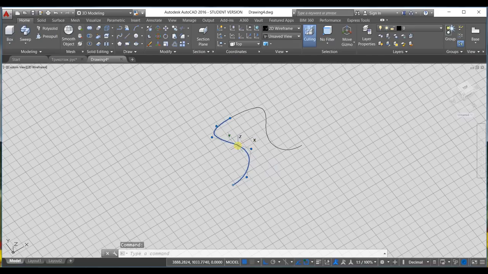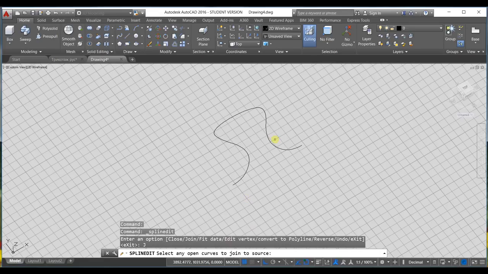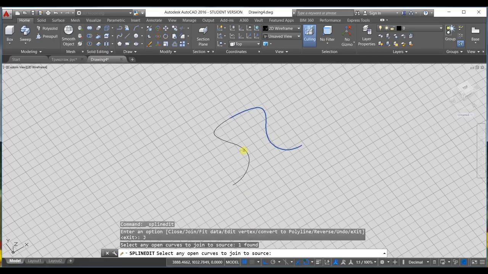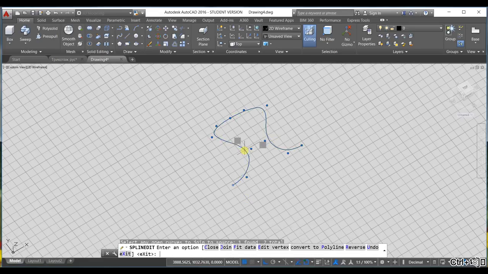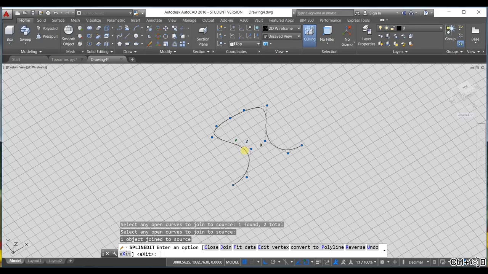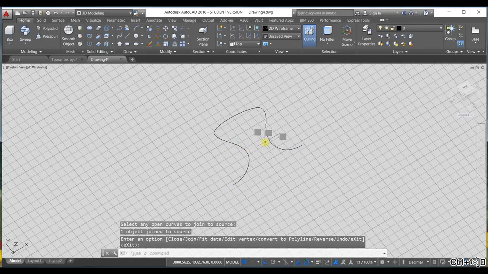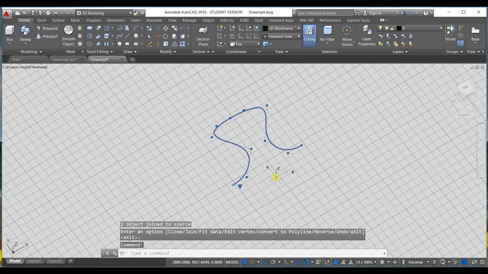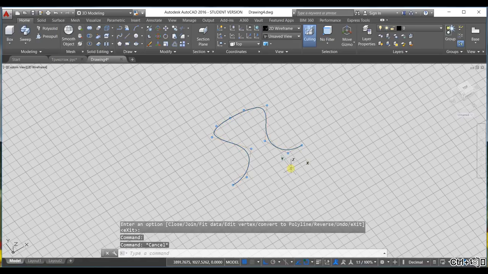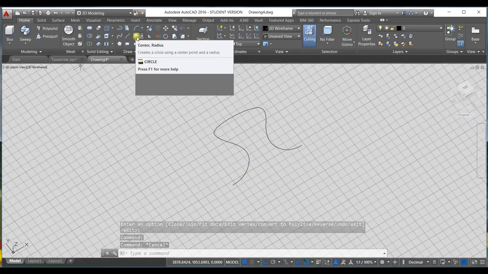I make a double click on the spline and I choose the join option, and I show the second part of our loop. Well, now it's joined together like this, and I click the circle tool